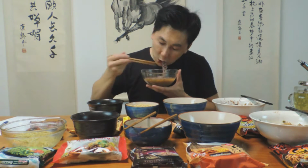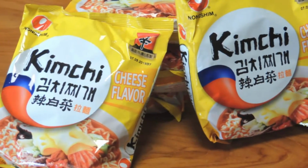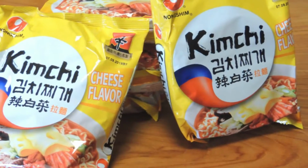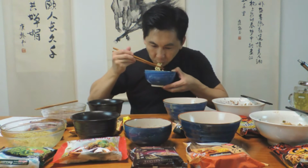Truly tastes like it is homemade. This is surprising. Okay, let's move on. This next one is a Korean favorite. Cheese flavor instant ramen. I love cheese, but usually on a sandwich or pasta, but instant ramen, this one I must